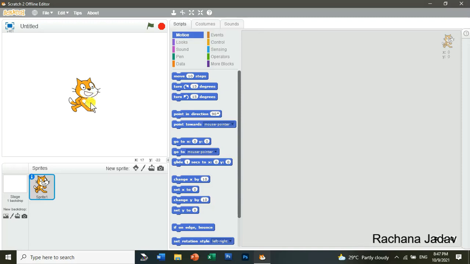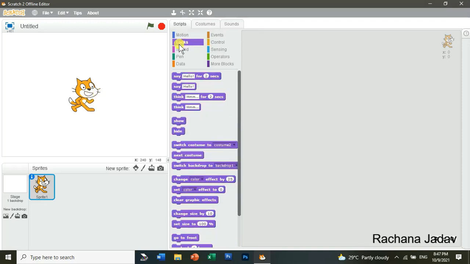Then what will you do? So you will go to the looks block, and in that you can see over there color वाला option आपको यहाँ दिखेगा, right? तो आप क्या कर सकते हो? You can go for the color effect. So change the color effect by, okay? और इसमें आपको दिख रहे होंगे numbers over here, right? So yes, मैं यहाँ 50 लिखूंगी and we will change the color. यहाँ हम लोग change करेंगे,